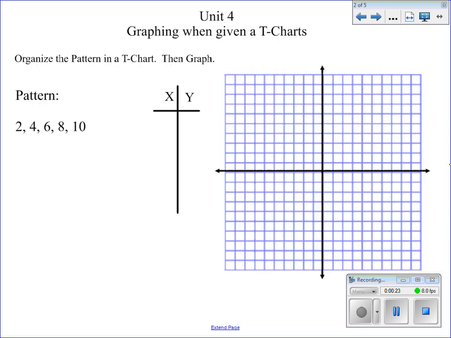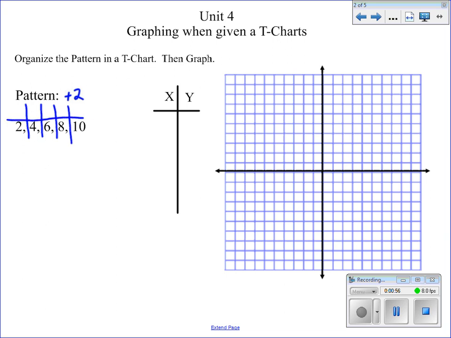So if we look at the first one here, this is what they give us: 2, 4, 6, 8, and 10. First of all, the pattern is plus 2 because we're going up 2 each time. But what I want you to recognize is that in this sequence, if I were to draw a grid here,